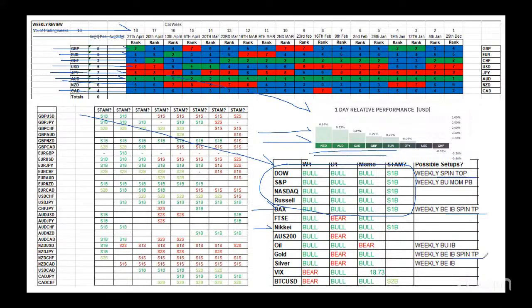So, as I said, looking at those weekly charts, lots of indecision, lots of spinning tops, almost as if everybody's just waiting for this data to come out this week. And then, as I said, I'll be intrigued to see what these weekly charts look like by the end of the week. And we'll look at those in a moment.